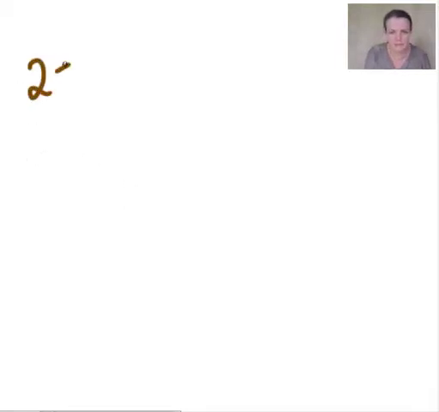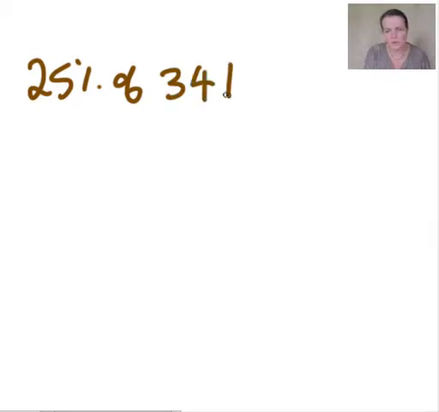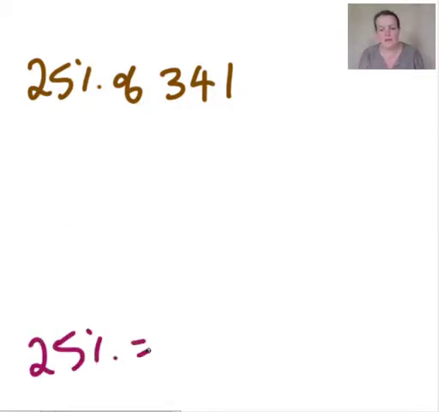25% of 341. Now you could find 10% and then double it to find 20%, and then halve the 10% to find 5% and add it all up, and that would get you the right answer. But we happen to know that 25% equals a quarter, don't we? So why not just find out how many 4s are in here? I think that would be, so